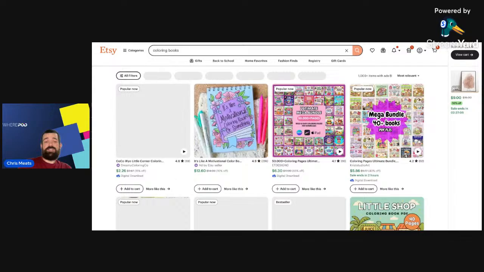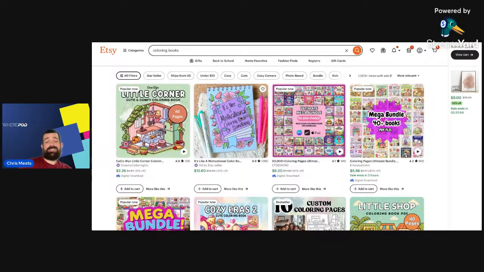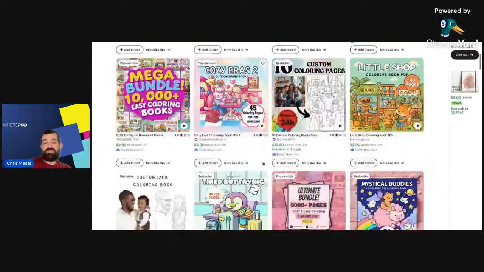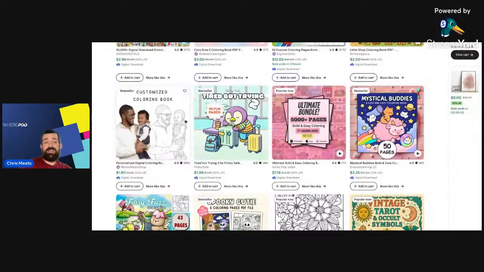Right? So imagine being able to take some of these coloring book ideas and turn them into actually personalized coloring books. Here's one customized coloring book. That looks like they're just selling it as a digital download. T-Launch has an activity book that would work really, really well for this. You do have to have the full 28 pages, so it's a full book, but not all 28 pages need